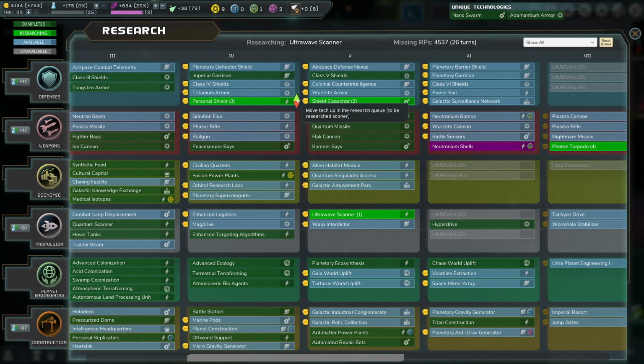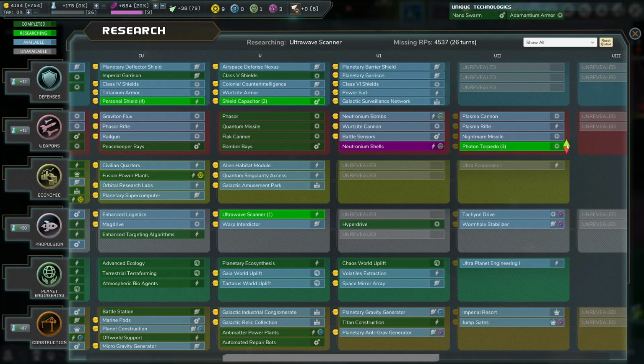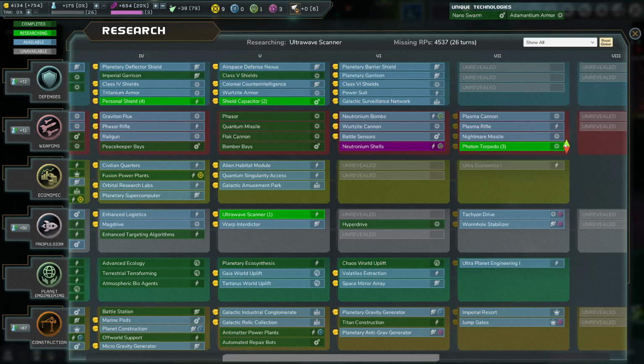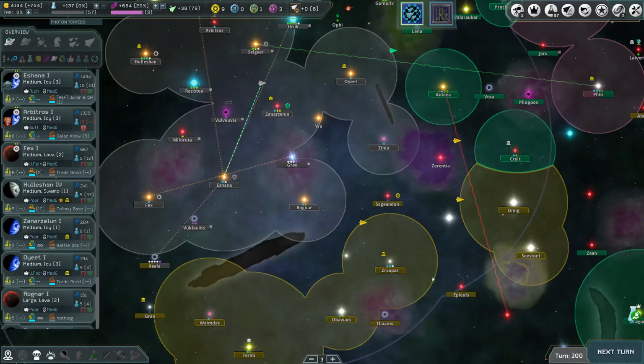Could say that's more important than getting the personal shield. Is it more important than the shield capacitor? The torpedo would be for our bombers, so I think so. Let's just get it while we have some money. Okay, so